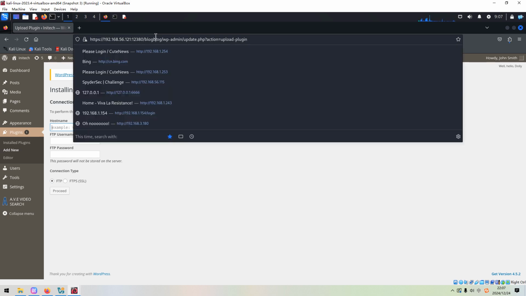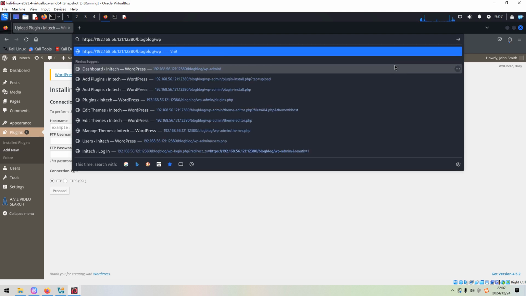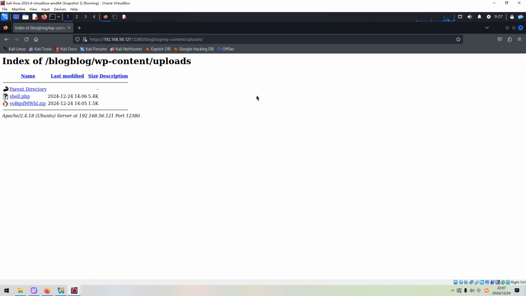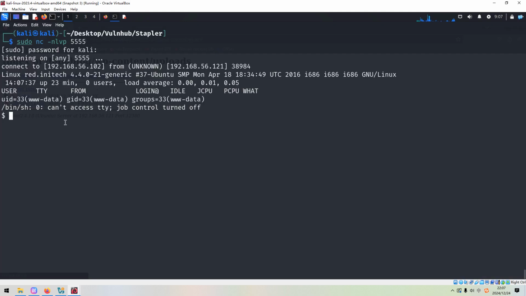And usually, the file will be under wp-content and then uploads. Okay, press enter. As you can see now, even during the Metasploit exploitation, the plugin or the payload has been uploaded. However, because this is a zip file, it cannot be interpreted successfully. And this one is what we just uploaded. So now we can click, and then we can get the shell, right?